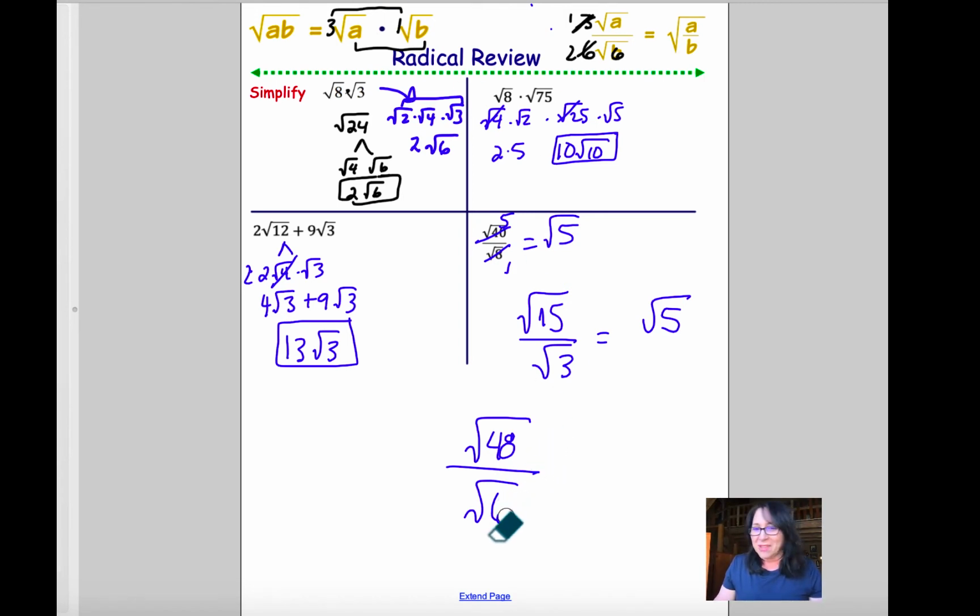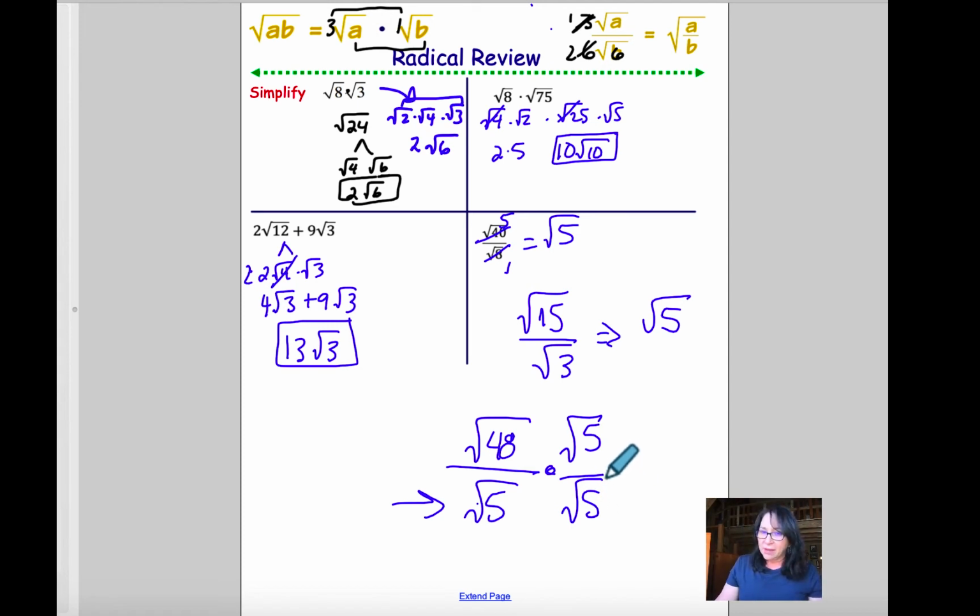I'm trying to find something that doesn't go in there evenly. Let's just say 5. You're not going to leave the root on the denominator ever, okay? You're going to want to rationalize the root, basically getting rid of the root. So you're going to multiply by whatever root is on the denominator. If it's not factorable, you're going to multiply by that over itself, because with expressions, you can